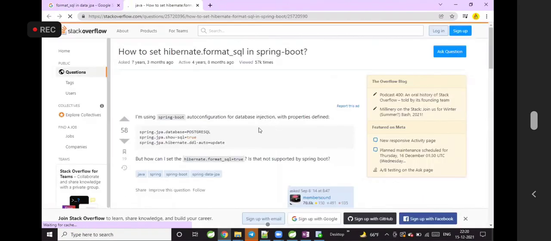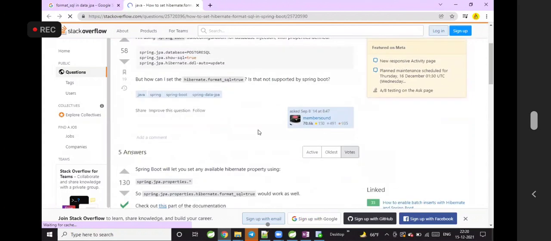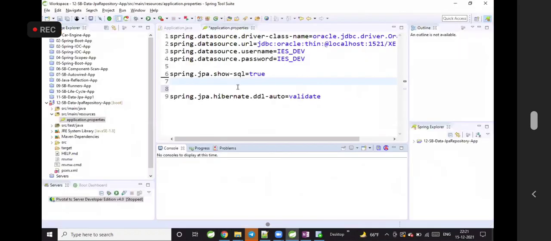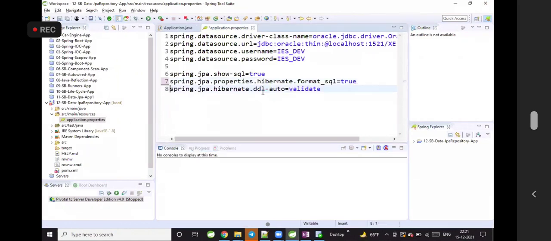Let me configure that property so that queries will be printed with pretty printing. Pretty printing means more readable. It is spring.jpa.properties.hibernate.format_sql equal to true. Now run the application.